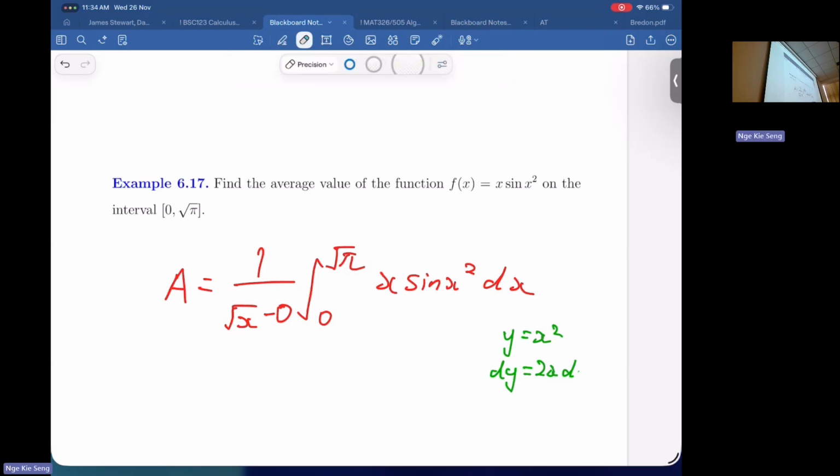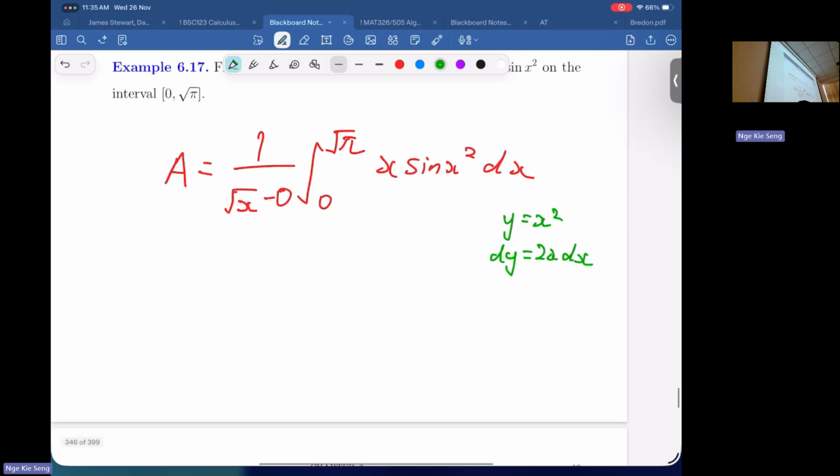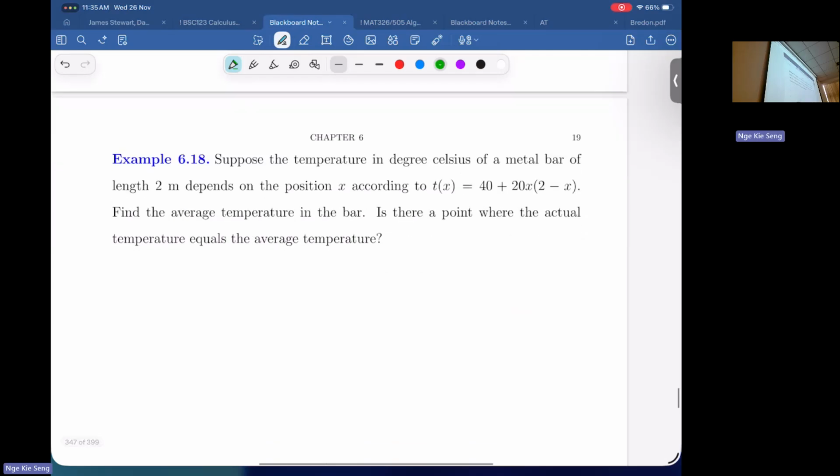Against 2x dx. Okay? Make sense? Okay. All right. So let's skip this calculation here. Let's skip this calculation. And then the next part is about